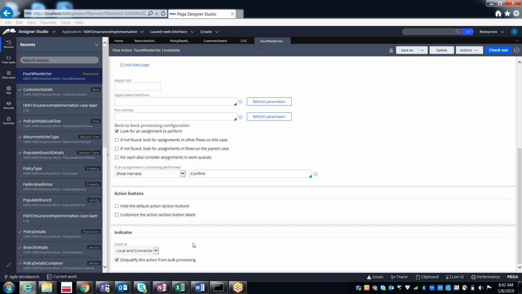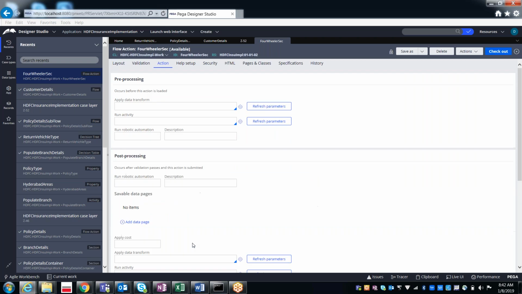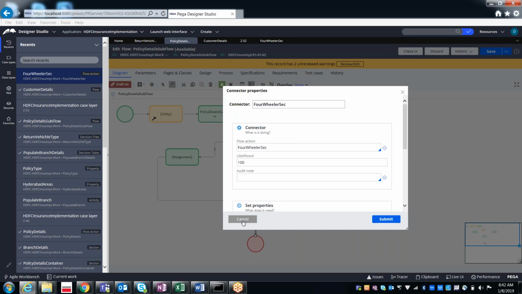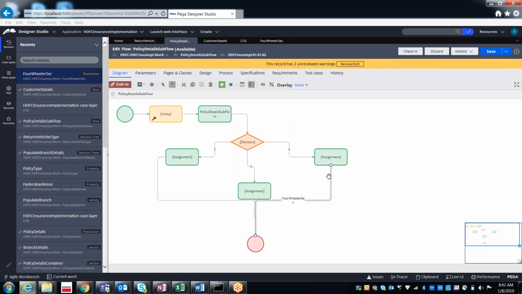That is the reason why, when you refer through the assignment connector we have selected, this will act as a connector flow action. When you apply the flow action to the connector, it will act as a connector action.